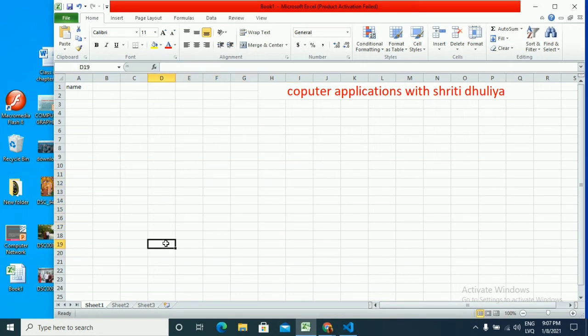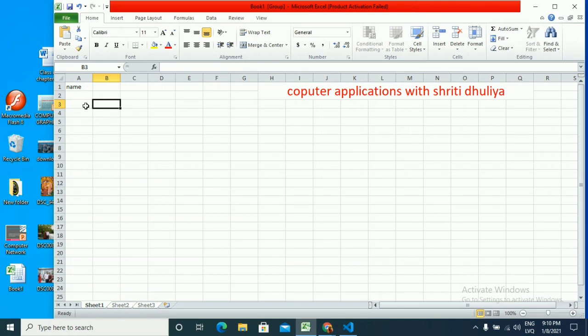If you want to select the cells in non-contiguous location, means which are not together, you have to press Ctrl and then click on each of the cells that you want to select. See, different non-contiguous cells are selected by pressing Ctrl.